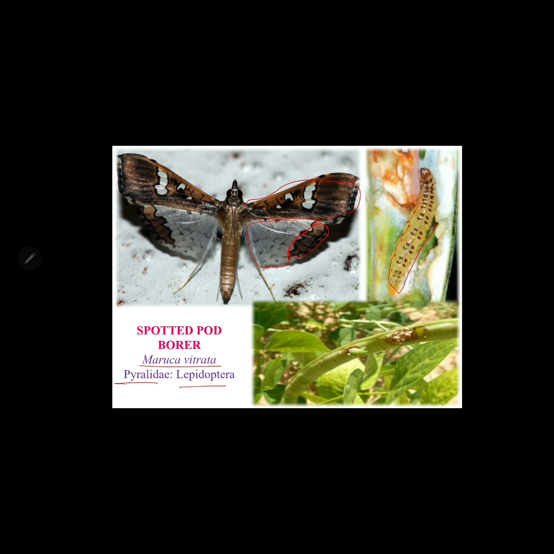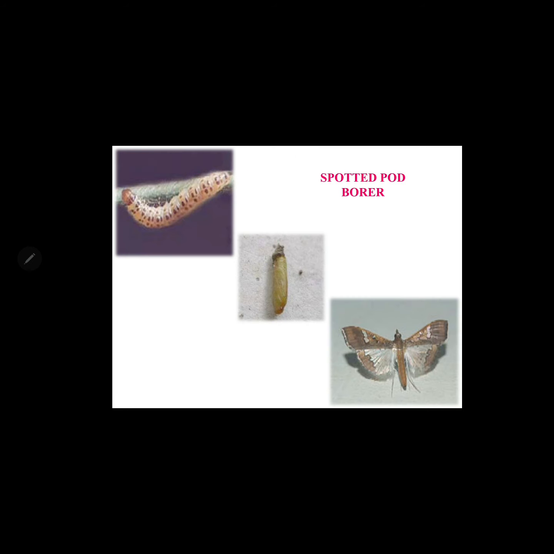So this pest bores into the pod and continues its feeding inside the pod, and it moves inside the pod and gets out from the pod. So we can identify or diagnose this pest with the help of some frassy material or some excreta on the bored hole. So these are the stages of spotted pod borer: the pupal stage, larval stage and the adult stage.